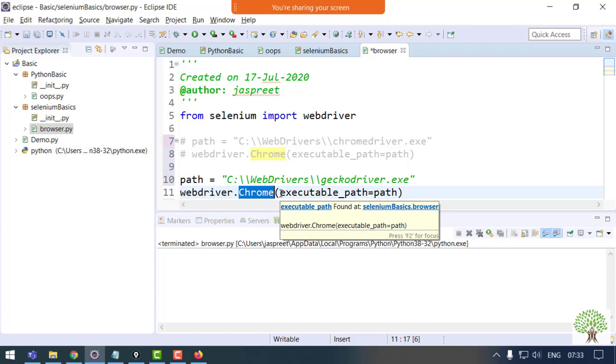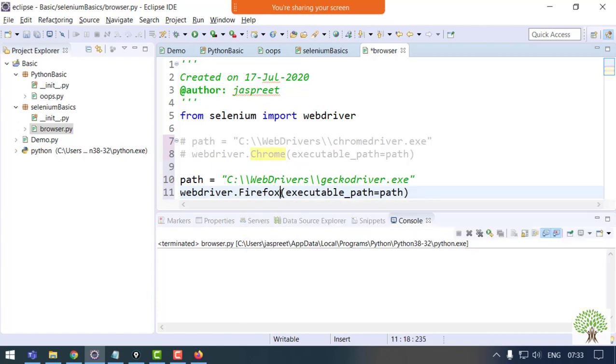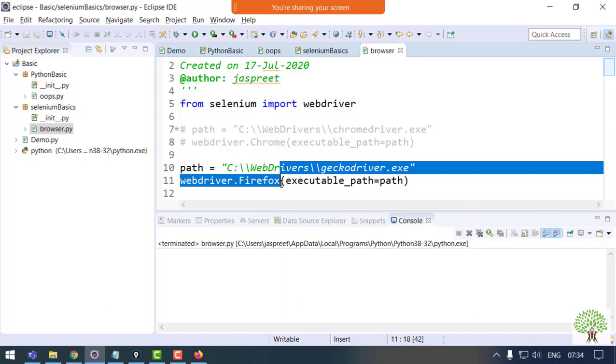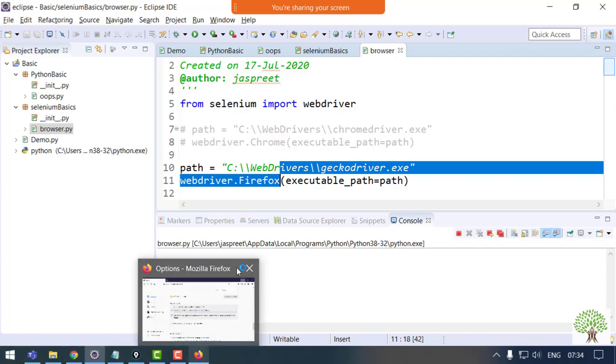Not like I'm giving the exe of GeckoDriver and I am opening the Chrome browser. So you need to be careful about that. I want to open Firefox. Now this is done. It will open a blank Firefox browser for me. Okay, if I run this, I'll close the default one which is open.